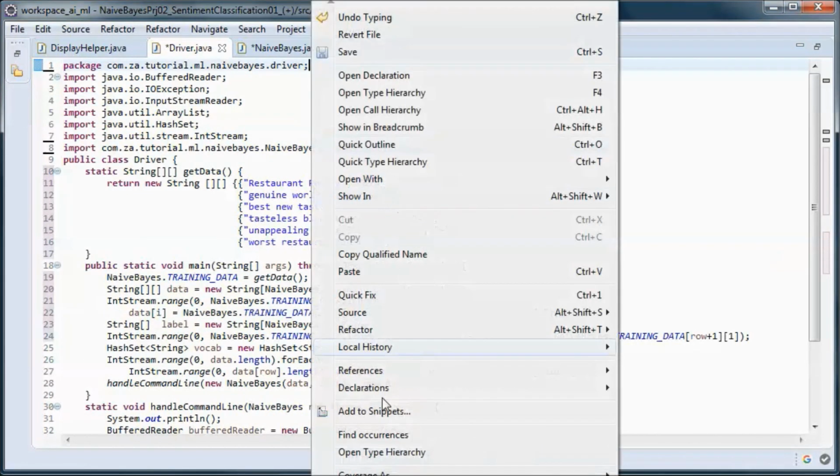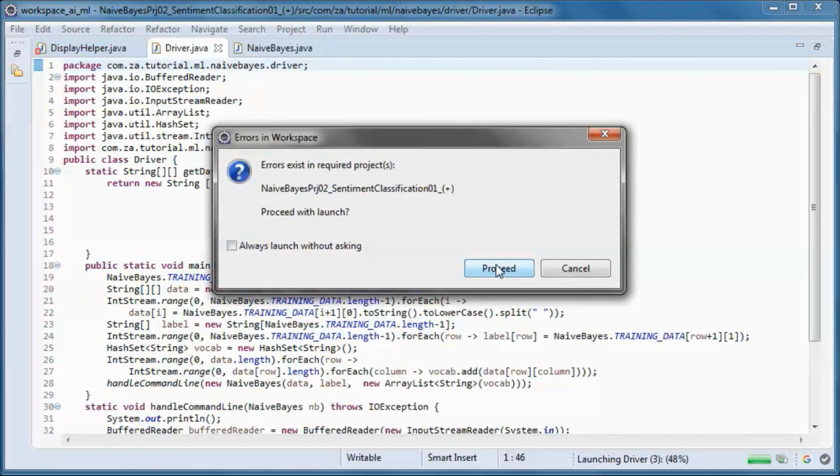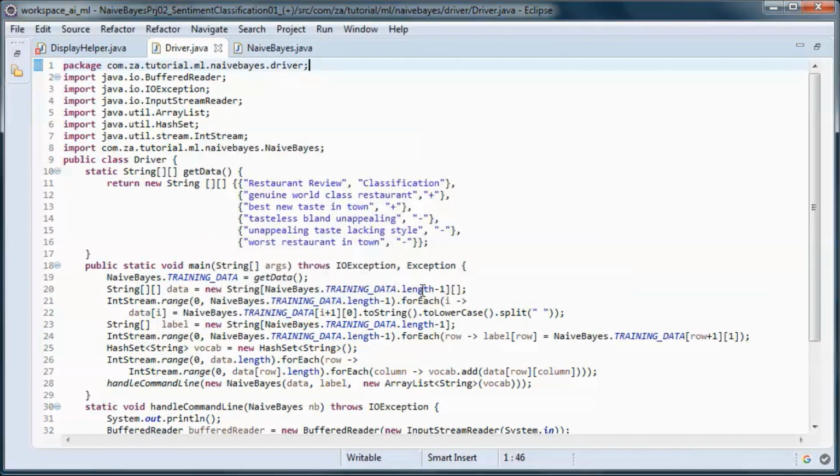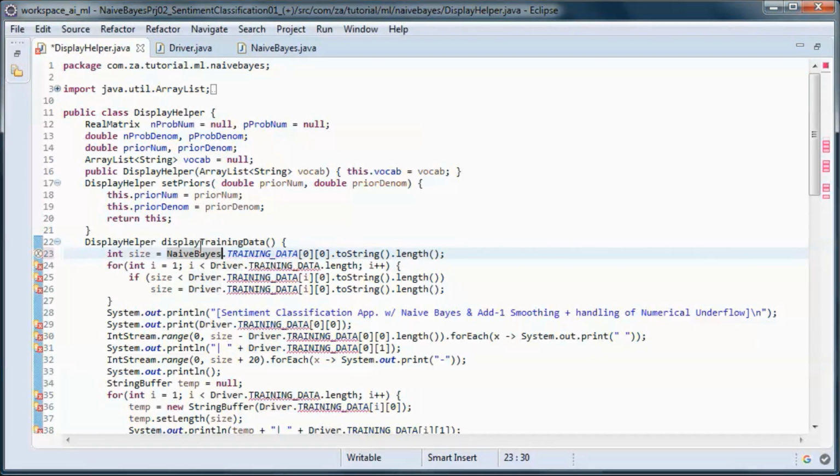And let's go ahead and test run this. Actually, let's fix this first.